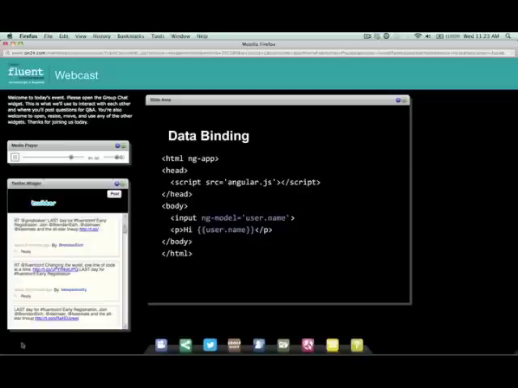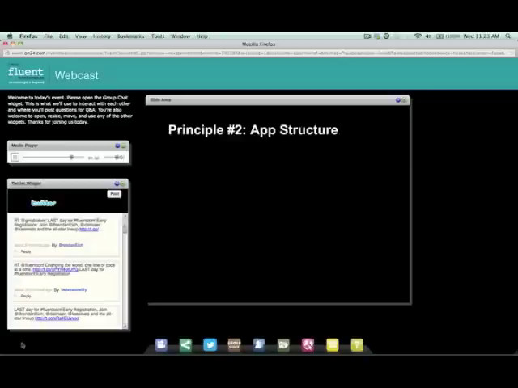The next principle is that of app structure. One of the essential necessities for a project is to have maintainable and readable code. One of the ways we achieve that in AngularJS is what we call separation of concerns. This goes back to the single responsibility principle, which states that each piece of code is responsible for one and